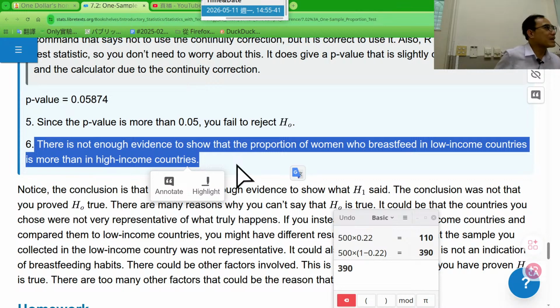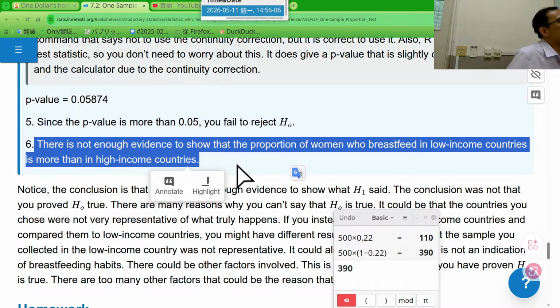But personally, previously we explained type 1 errors and type 2 errors. It depends on your purpose. If you want to get a precise result, you can use one way. But if you, for example,